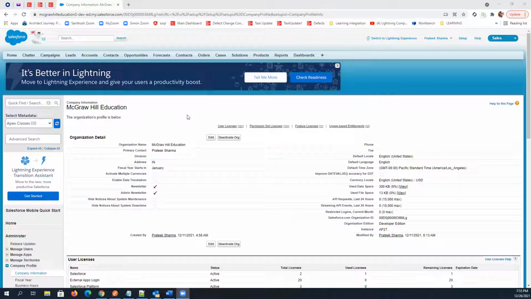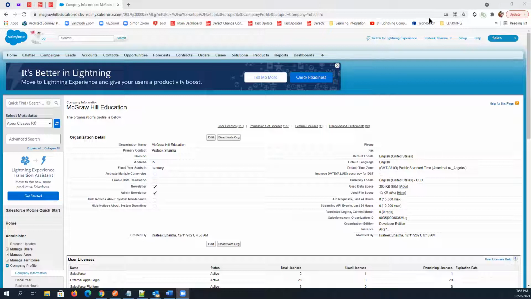Okay. So first we need to create a profile. You can also use a standard profile, and one standard profile is already assigned to the user that we have from the time of signing up this org. But this time we'll create a custom profile. We'll also discuss standard profiles, because a profile has a lot of things. You cannot create a profile from scratch. You have to clone a standard profile, and based on your requirement, you can change the access level.